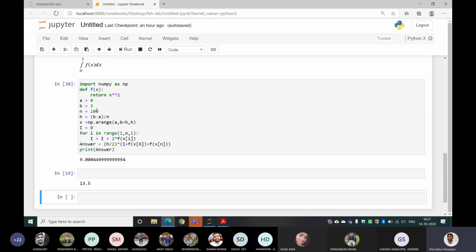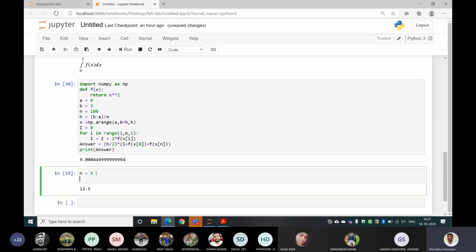So here you have to check whether n is a multiple of 2 or not. For multiple of 2, suppose n equals 5, how will you check in Python? Is it a multiple of 2 or not? No. No, sir. So how will Python tell? You have to divide by 2. If it is divisible by 2, it is.